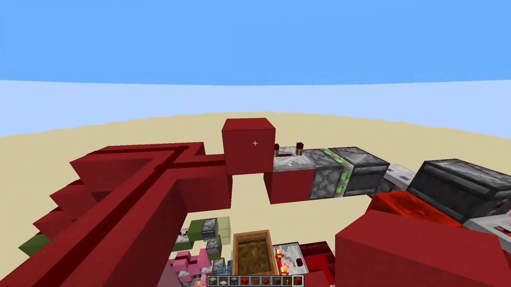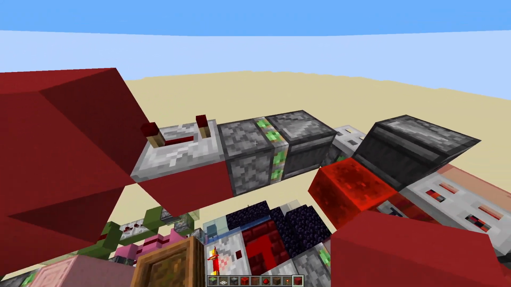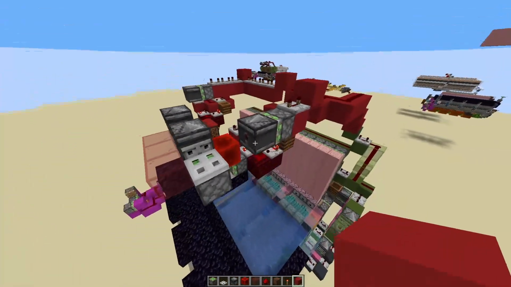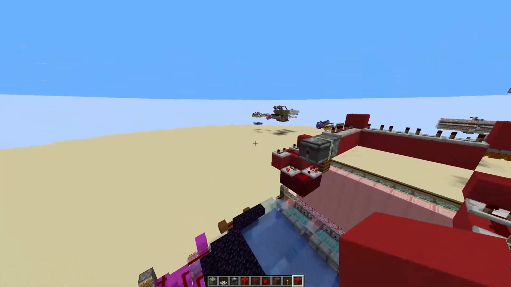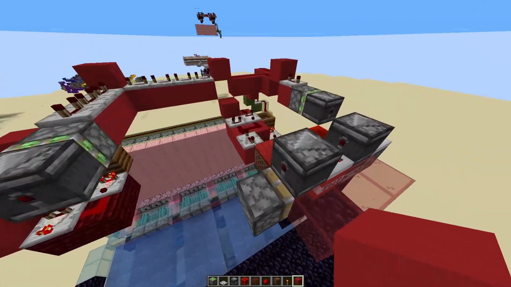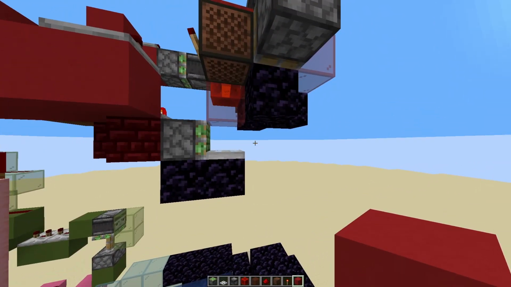Then we're gonna come back here and we're gonna place a repeater reading that solid block also on 4 ticks, and with the same formation of the piston and the observer. This observer is gonna power the TNT duper that we have here. I'm gonna build the other one on this side so that you can see how it's built, but they're basically the same. Now once the TNT is duped, we're gonna hold it here at the top for a little while